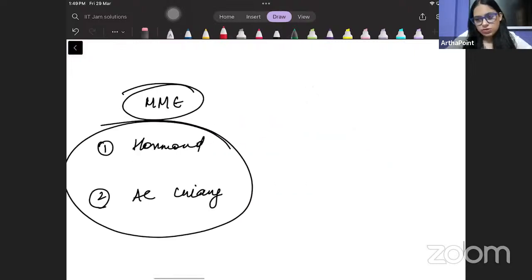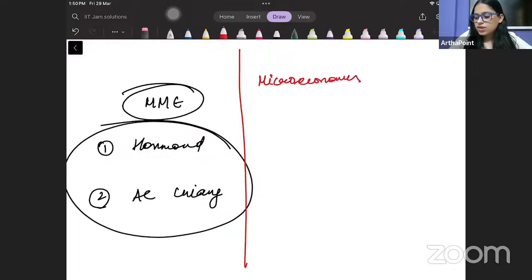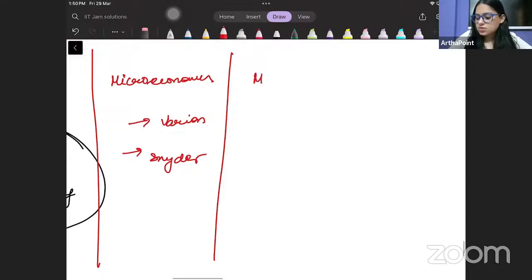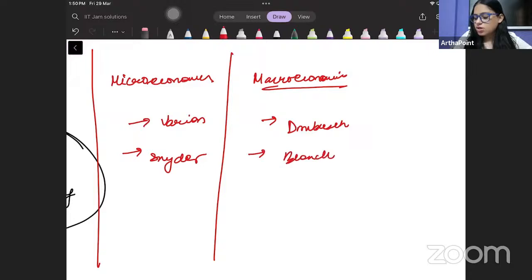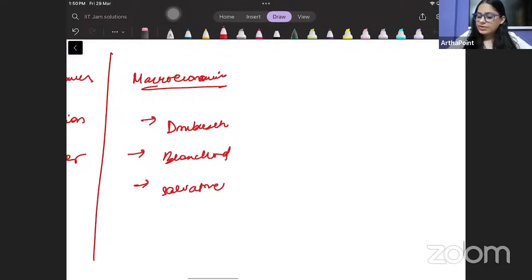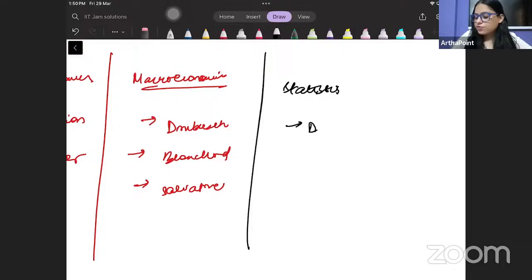Similarly, let me give you the reading list for the others too. For microeconomics, you can follow Varian and you can follow Snyder. For macroeconomics, there is no single book which covers everything. So you need to follow some part from Dornbusch and some part from Blanchard and some part from Salvatore for open economy, right? And then for statistics, you can follow DeVore